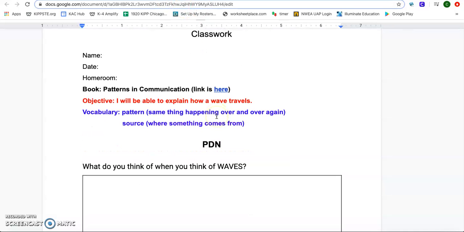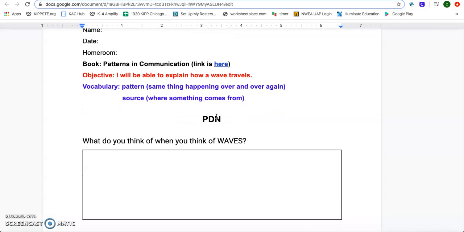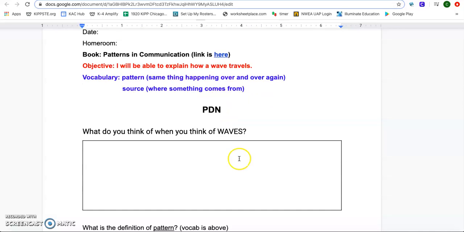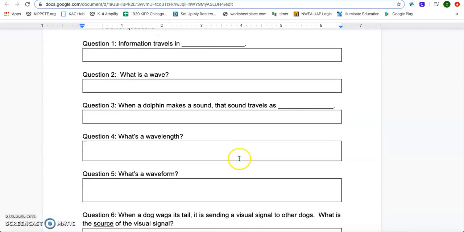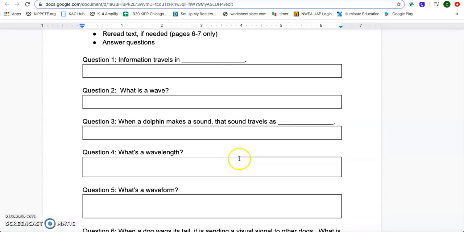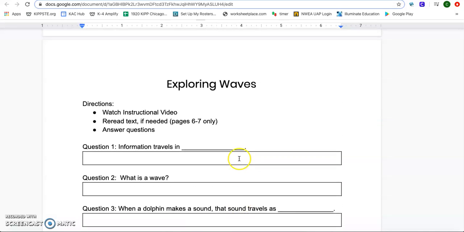As you complete your classwork, again, I want you to reread the text and make sure you are answering your questions with high quality. Please give me sentence starters and don't forget your